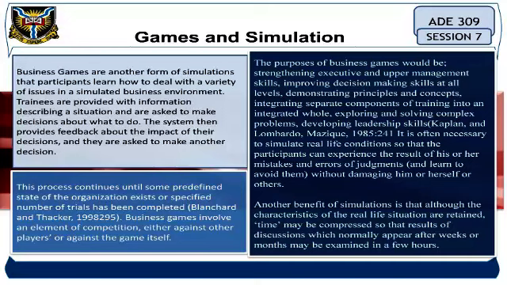Trainees are provided with information describing a situation and are asked to make decisions about what to do. The system then provides feedback about the impact of their decisions, and they are asked to make another decision. This process continues until some predefined state of the organization exists or a specified number of trials has been completed. Blanchard and Tucker,